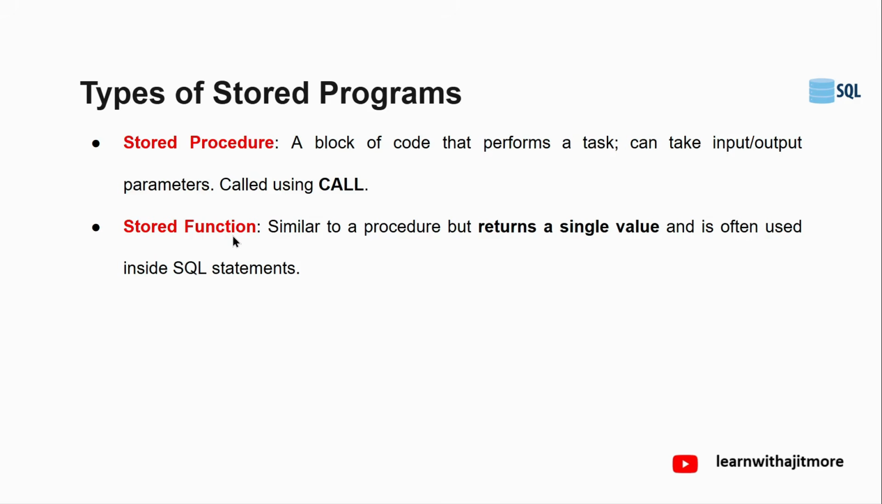Then we have the stored function. It is the same as a stored procedure. It is also a code block, and it is also performing some task. The speciality of a stored function is that it doesn't have an out parameter. It will return some value at the end. And to call it, there is no need of a call instruction. You can directly call it in a select statement or in an update statement, even in an insert statement. I'll show you examples, don't worry. So a stored function is similar to a procedure, but it returns a single value at the end